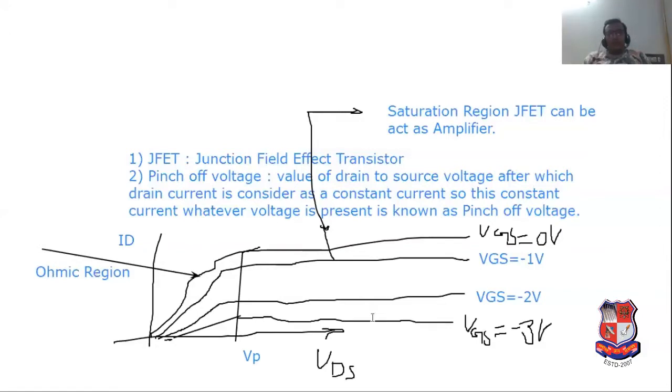And see here, it is known as the cutoff region. Cutoff region means off switch. It cannot act as a current flow device. So it can act as a type of open switch. In the ohmic region, it can act as an on switch, or we can say short circuit. So this is the entire concept related to JFET.